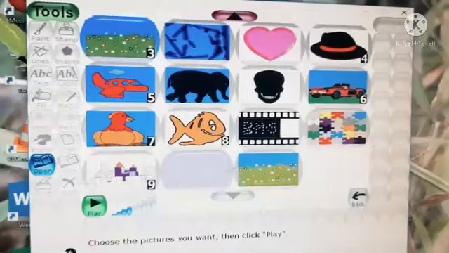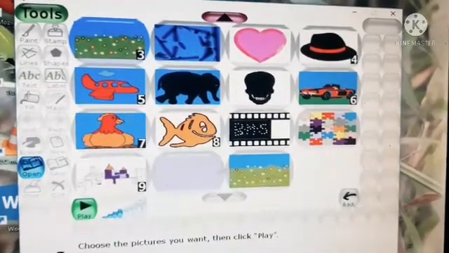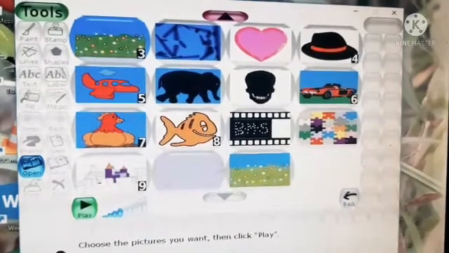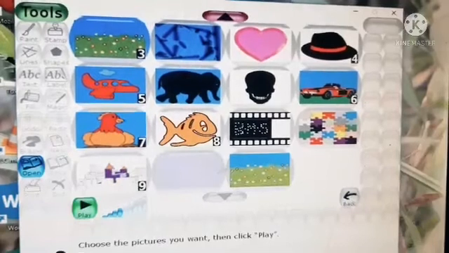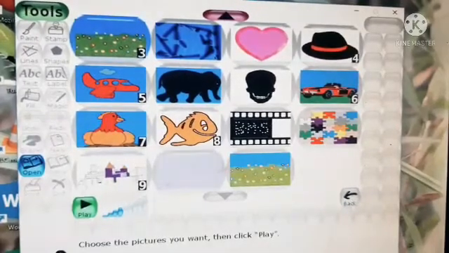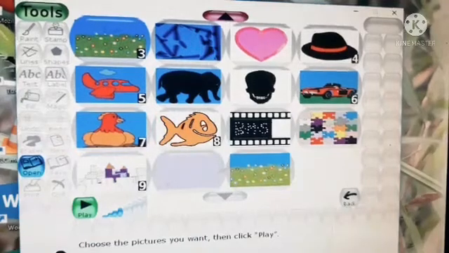So remaining portions we can see in the next class. Today we have discussed only how to do the storyboard as a slideshow. It's very easy. We just have to press the open tool. Next the saved pictures will open. Next we have to click on the slide button. There we have to choose the pictures. If you choose the pictures, the selected pictures will have numbering.